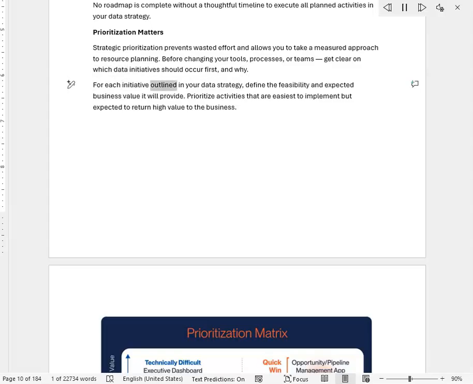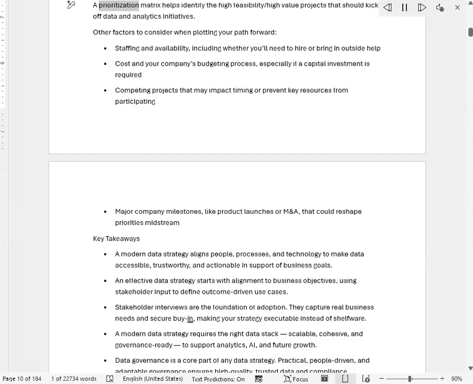For each initiative outlined in your data strategy, define the feasibility and expected business value it will provide. Prioritize activities that are easiest to implement but expected to return high value to the business. A prioritization matrix helps identify the high feasibility/high value projects that should kick off data and analytics initiatives. Other factors to consider when plotting your path forward: